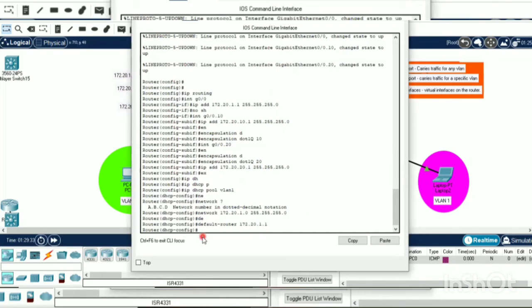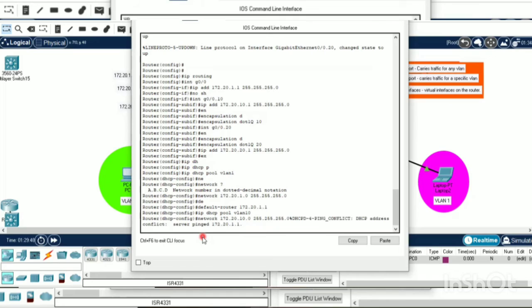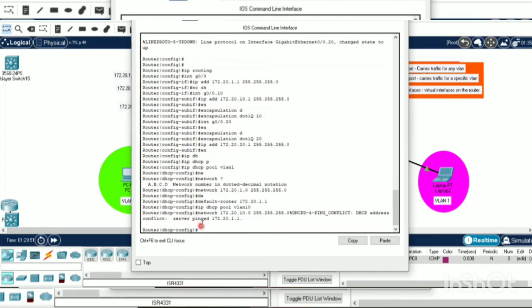Okay. Next, another pool. I'm going to create another pool. So I'm going to create VLAN 10, pool name VLAN 10, and the network. It's very simple. Just I'm going to add T0 here. Here you can see DHCP address conflict, server pinged.